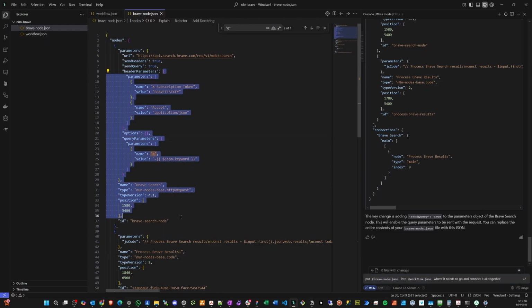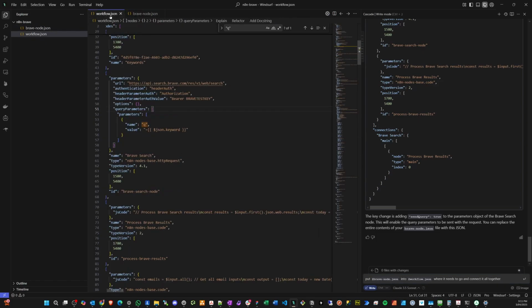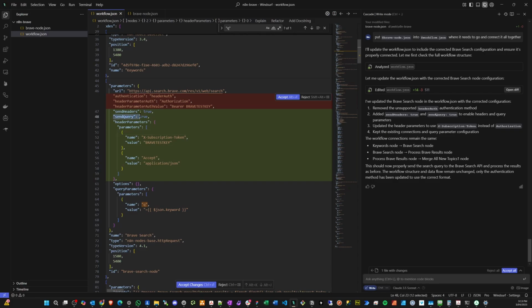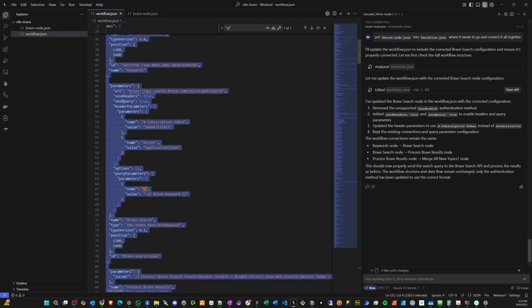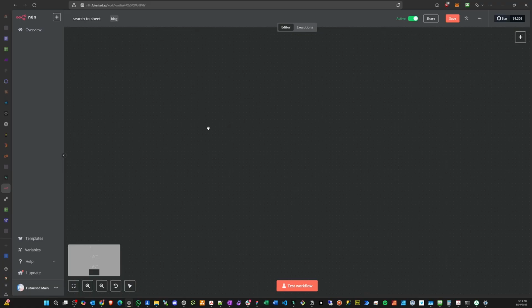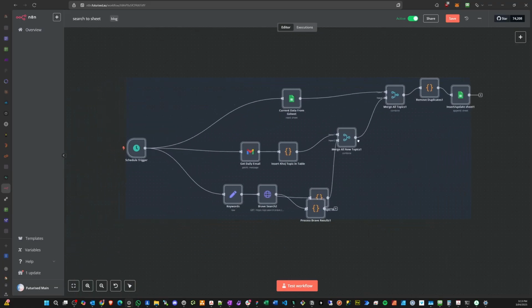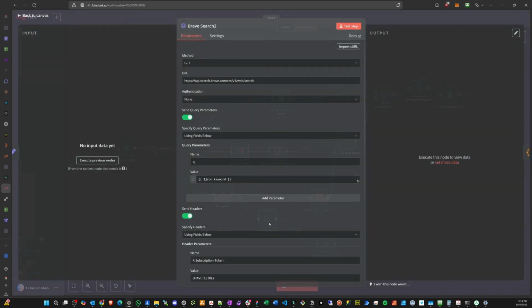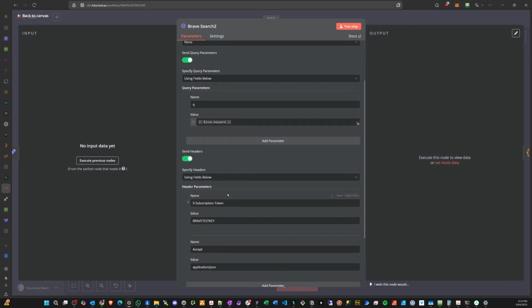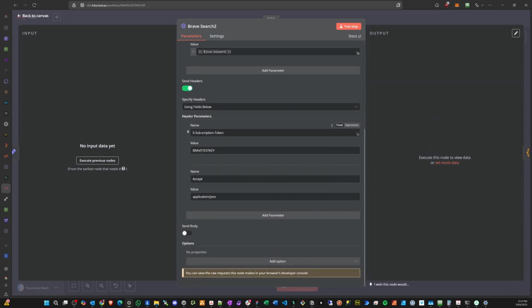With the corrected Brave node, and I've got the original workflow, I'll say put Brave node into workflow, and this is the only change with the send query true with the header parameters. And then the Q for the query will appear as well. Copy the entire workflow. Over here, paste the entire workflow back in. It will have fixed this up. Now we have the send query parameters enabled with the Q and the keyword, and the key passed through the